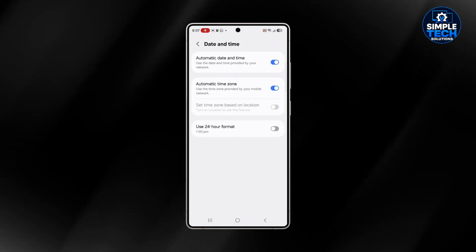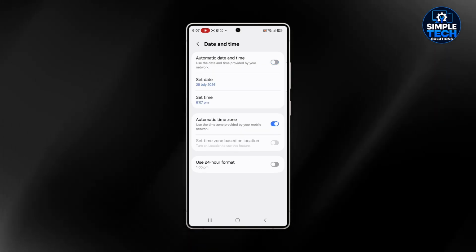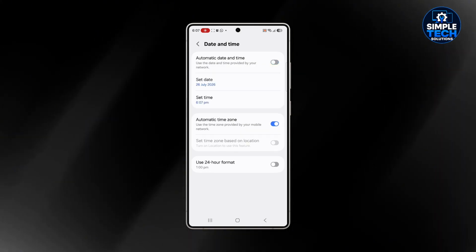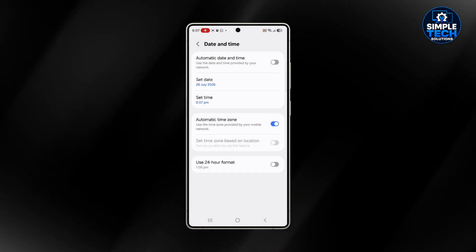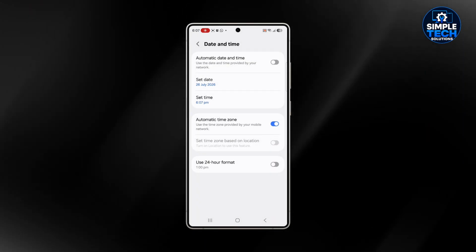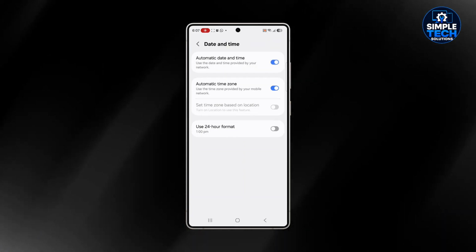Here you have to check the date and time. If it's not automatically correct, you have to set it from here. Usually it is automatically set and correct. You have to check your date and time.